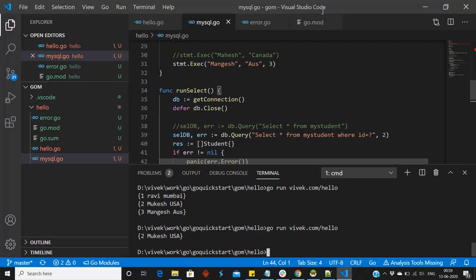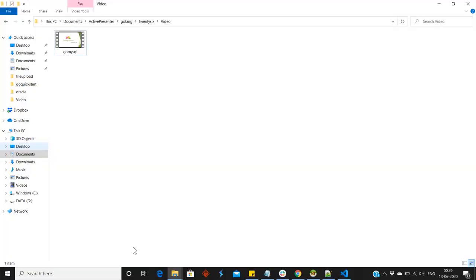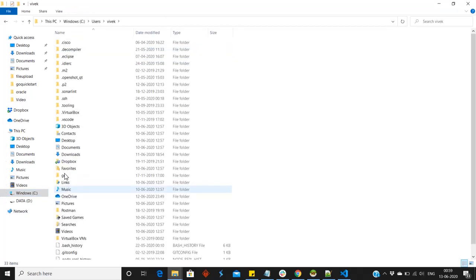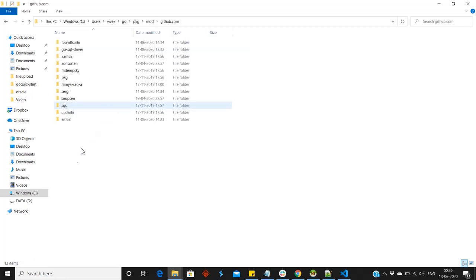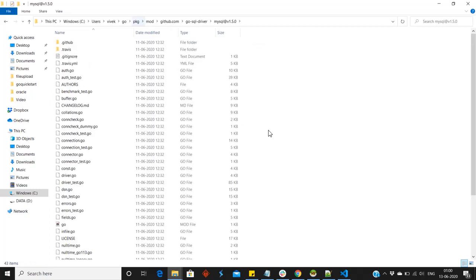Now, one more thing we need to know: when I am adding the dependency of MySQL here, it will be downloaded in the GoPath pkg folder. So if you go to C, user, Vivek, go, pkg, modules, here is github.com. Here you go to SQL driver MySQL 1.5.0.